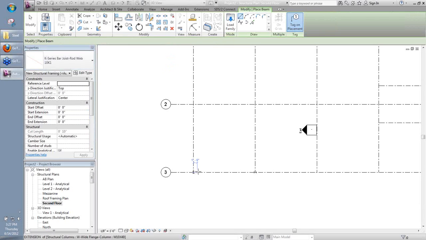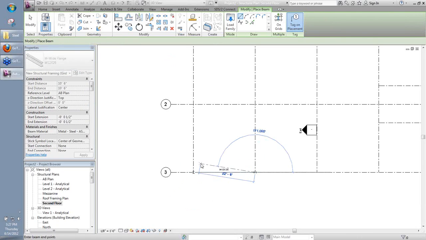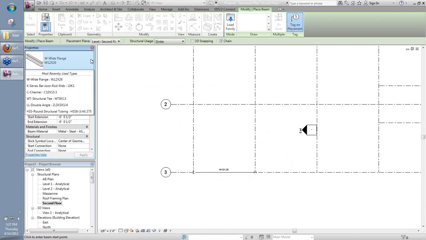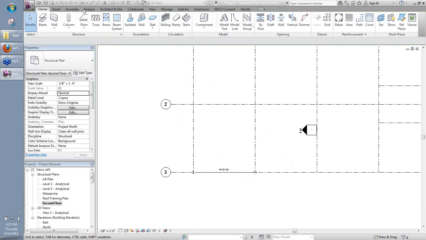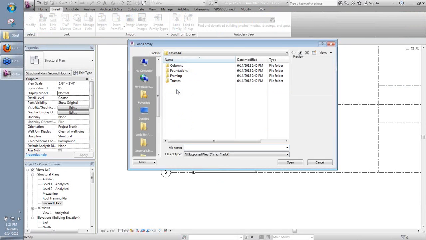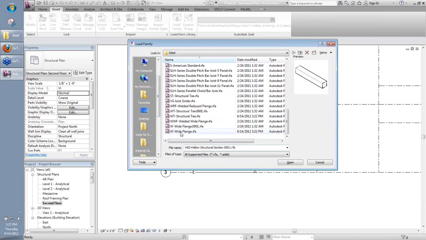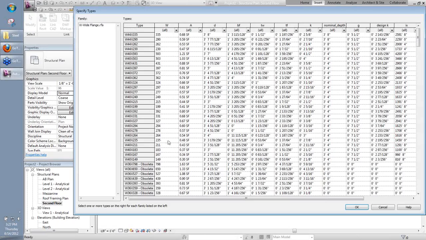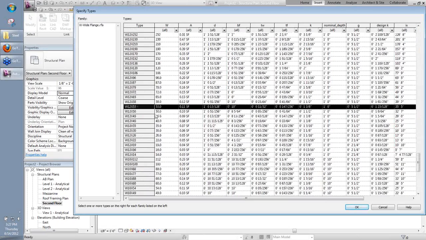Again, I'll use the W12 by 26 for right now. And then I'm going to do the same thing like I did before. I don't have the 12 by 53 loaded, so I'm going to go ahead and load the 12 by 53 up. And since Connect has already modified this W12 by 53, once I get it selected and loaded here,